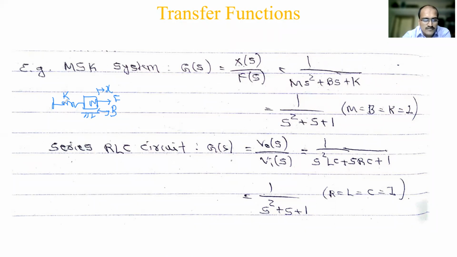From this mechanical control system, you write the differential equation. I have written the direct answer here. The equation is M d square x by dt square, plus B dx by dt, plus K into x, equal to the applied force F, written as F of t in the time domain.